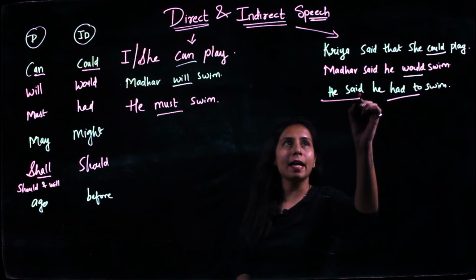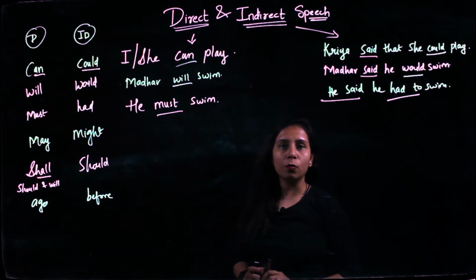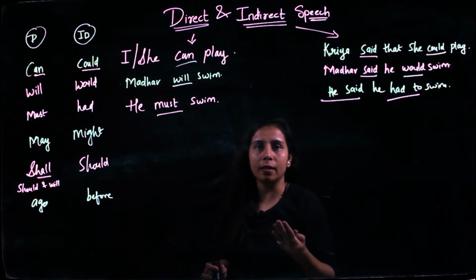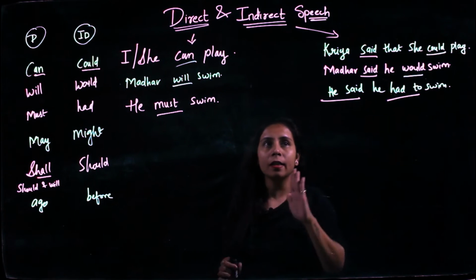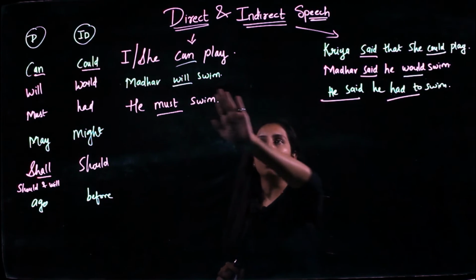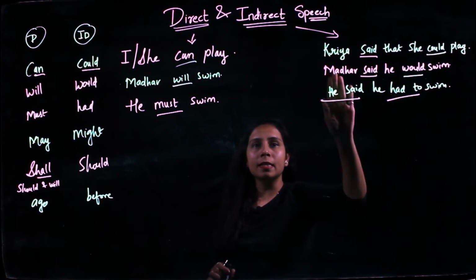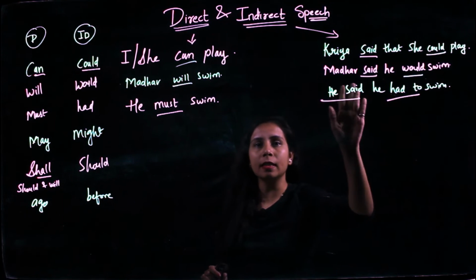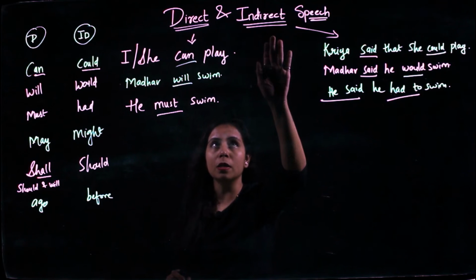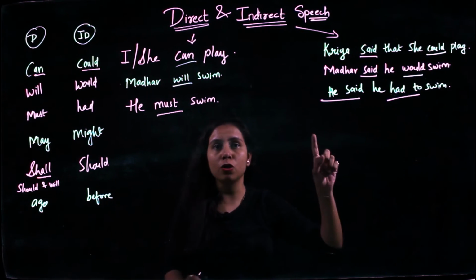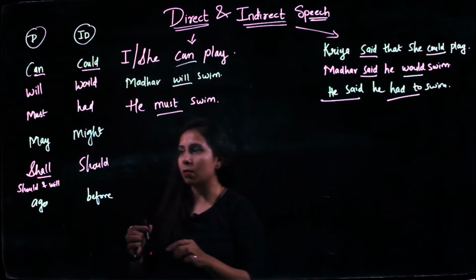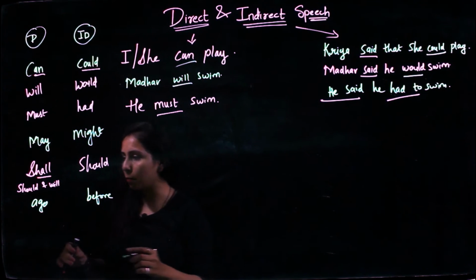Yes, we add said, asked, these kinds of words at the beginning of indirect speech because we are not saying it directly. It is not our words. That's why we need to add this. The sentence remains the same. Will changes into would, but said, asked, thought, these words come in the beginning just because these are not your words. This is indirect speech. You are saying somebody else's words. So be careful in using these. Okay. I would say some more.